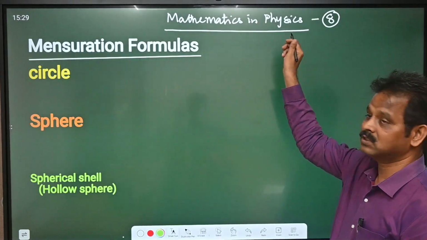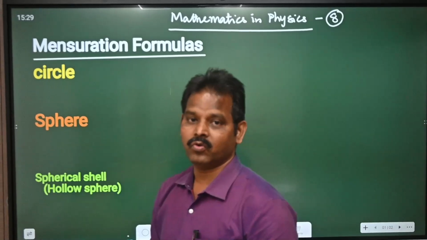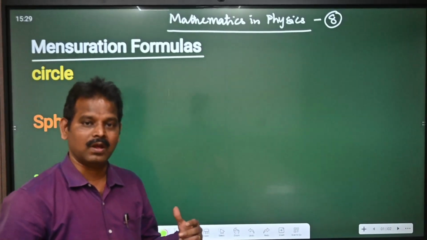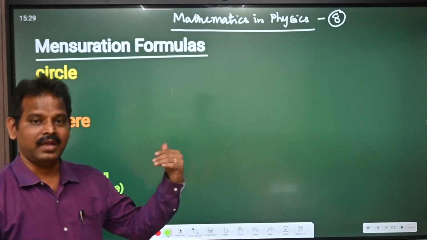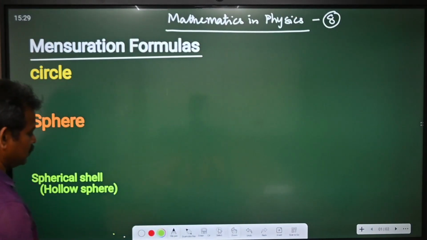In our mathematics physics 8, today we are going to revise some formulas that we studied in the earlier classes. The first one is